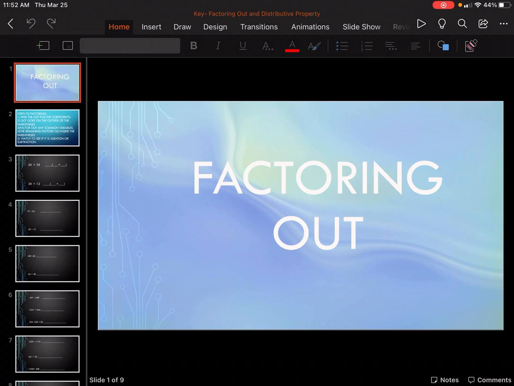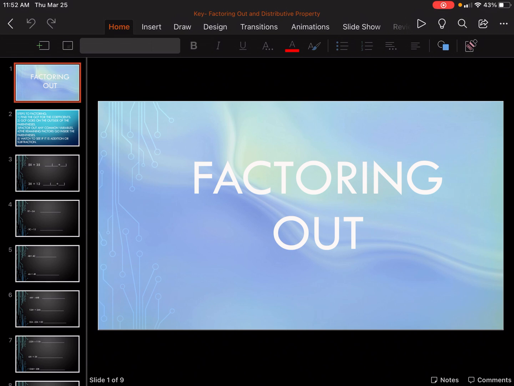Guys, in this video we're going to be talking about factoring out. Think about when we did the distributive property, we multiplied in the number on the outside of the parentheses. Well, this time we're going to factor out, meaning we're going to pull out the greatest common factor. We've done a little bit of this in the past when we did GCF and LCM at the very beginning of the year, but it is going to be a little different because